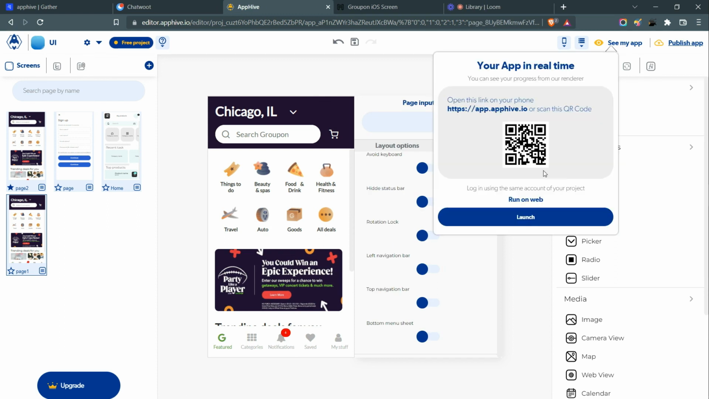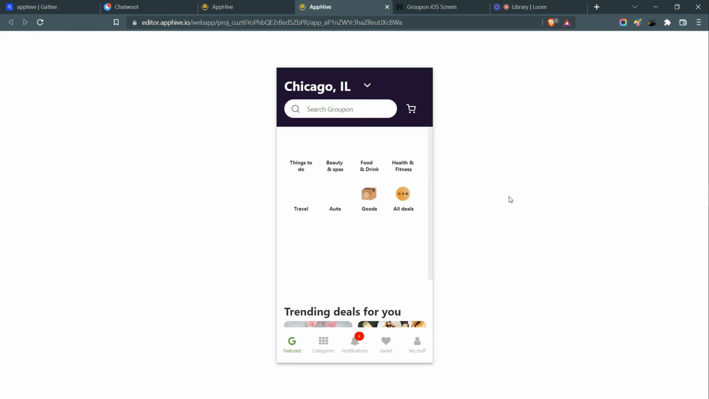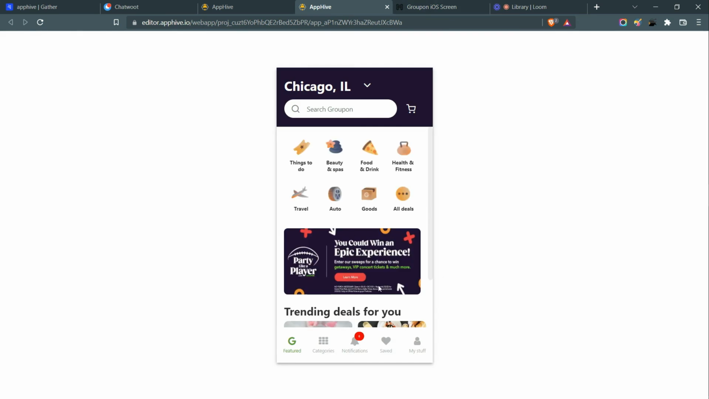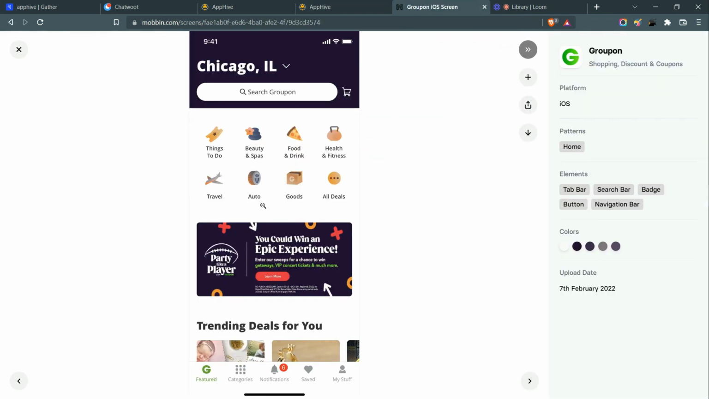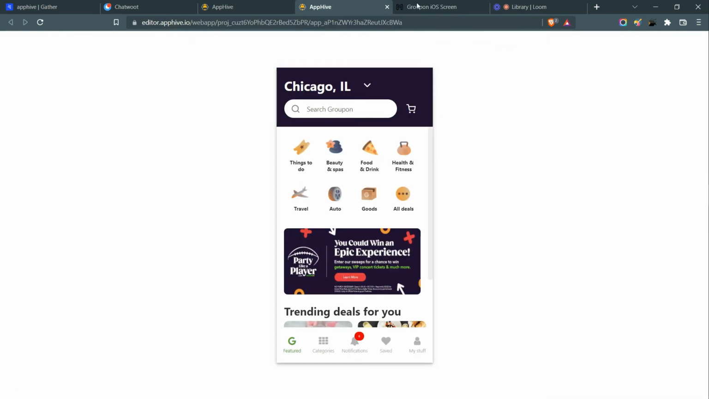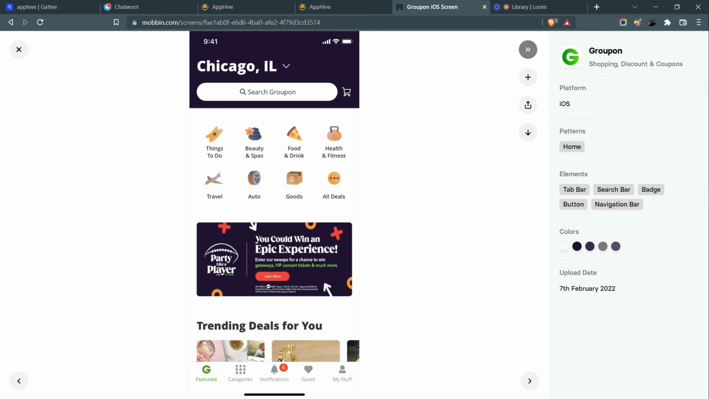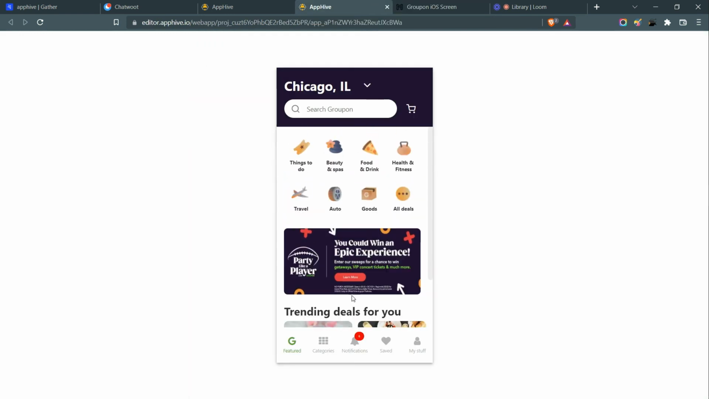Now let's see how it looks. Well, it's looking really cool. It really seems like this Groupon app. Like it has all the elements, and yeah,